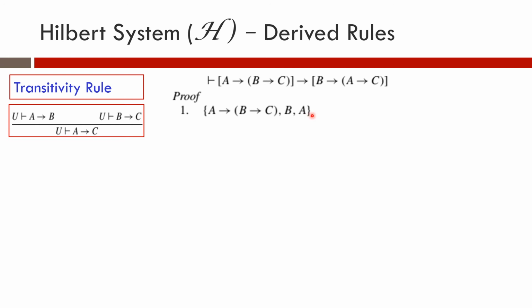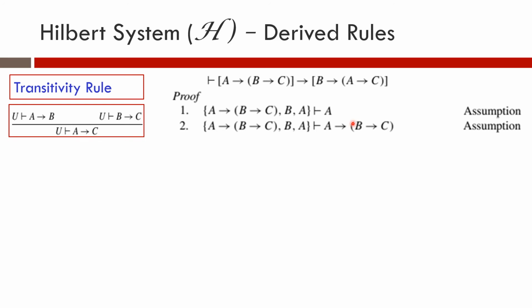And with this set of assumptions, we can prove any formula in the set. We are actually assuming that all the formulas in this set of assumptions are proved, and we are trying to prove C. So from this set of formulas, we can prove A. It is provable, A. That is an assumption. And again with this set of formulas, A implies B implies C is provable as another assumption. So here we have A and here we have A implies B implies C.